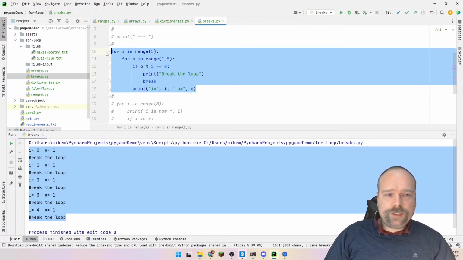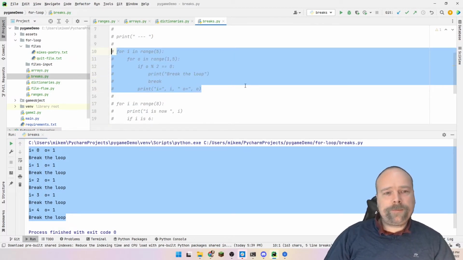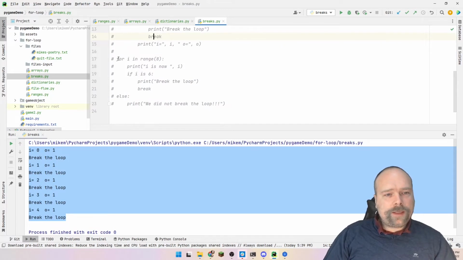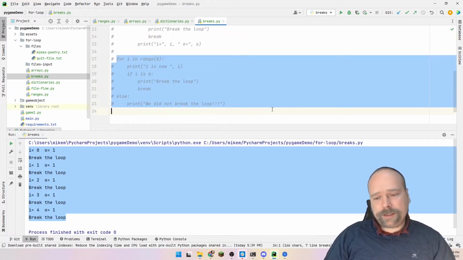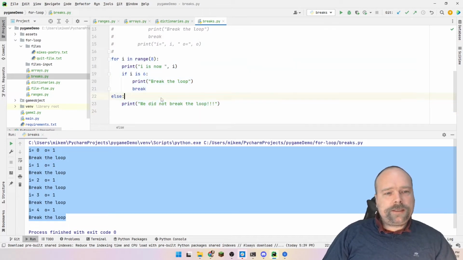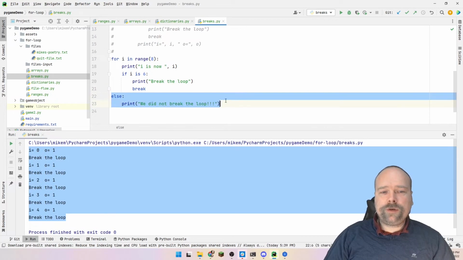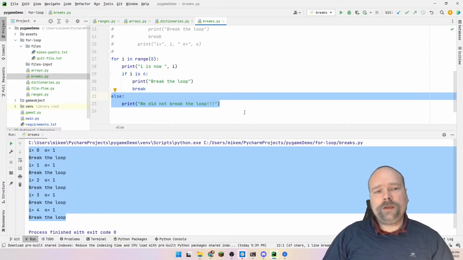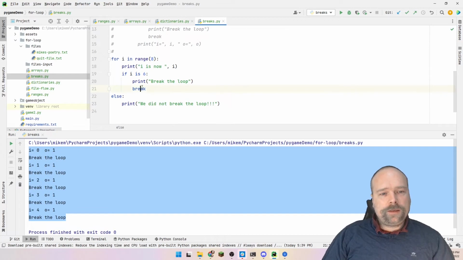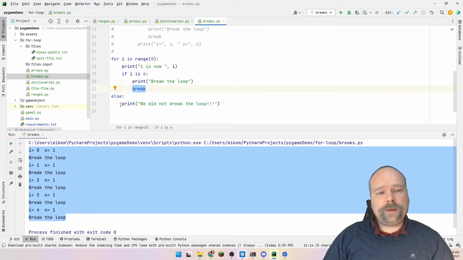So that was how to use the break keyword right there. And then we have the else. The else is used if no break has been met inside a for loop or while loop. Then the else code will be executed. So if break has not been met, then this code will be run as the last thing after the loop is actually done. If the break has been met and the for loop has been broken, then the else part